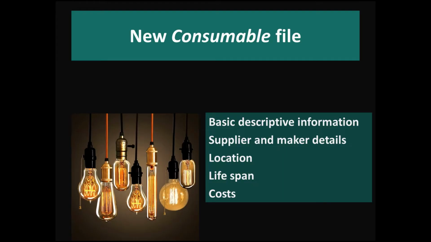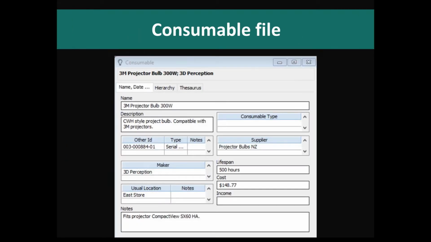We've introduced an entirely new file into this Vernon version. It's called consumable, and it's for all of the parts of an object which need to be periodically replaced. So for example, a light bulb that's part of an artwork might need to be replaced periodically, but it may be a very specialist bulb and you need to track where to get it from and how regularly it needs to be replaced. I'll swap across to our live system and you can see how that works in practice.